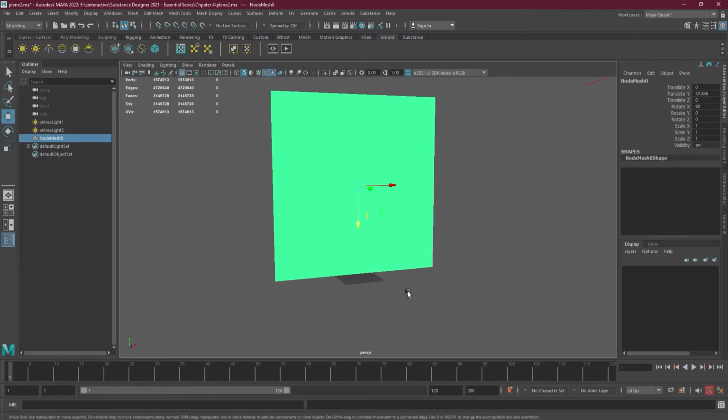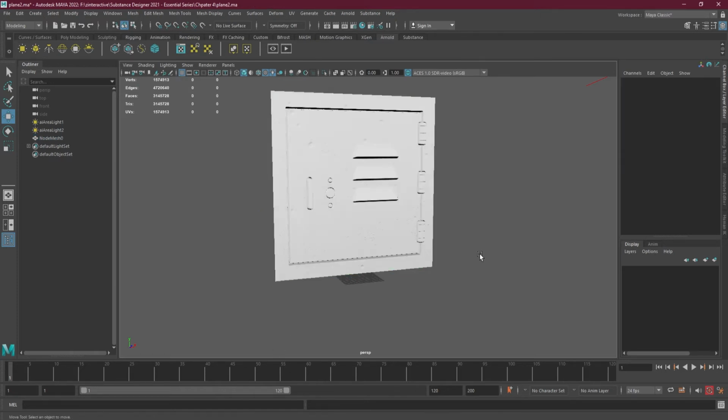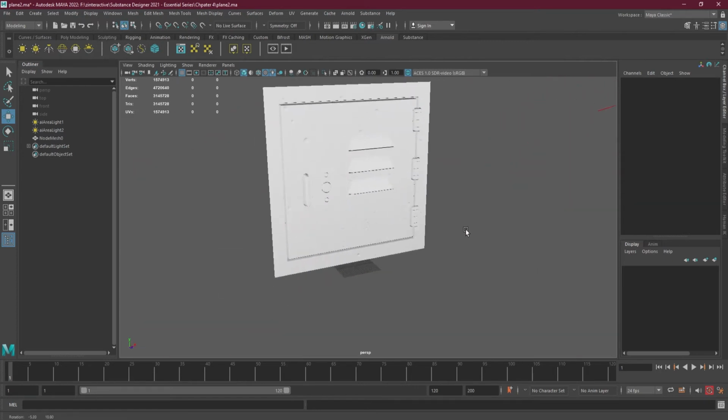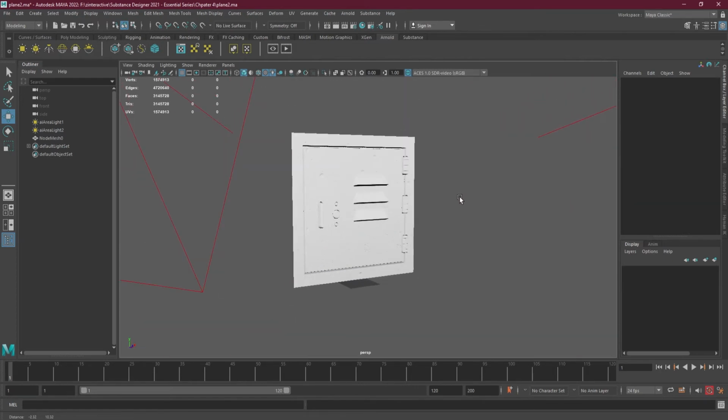And what I can do here is that I can press D on my keyboard and V to move this whole thing to the corner, and close it out. Now we have this. So what I can do next is